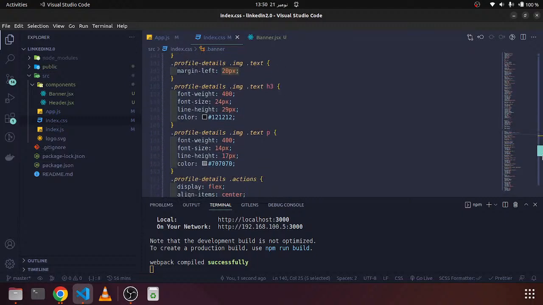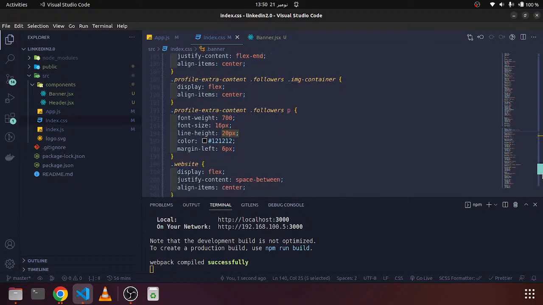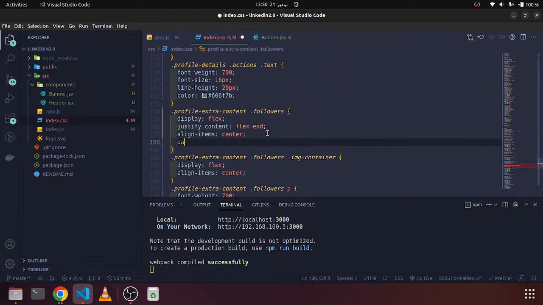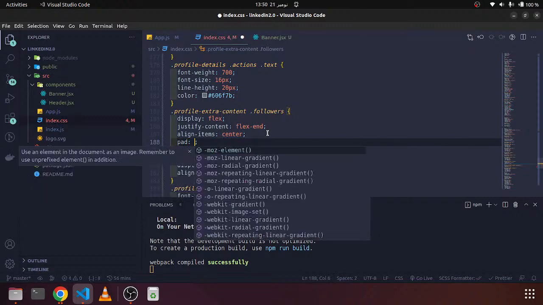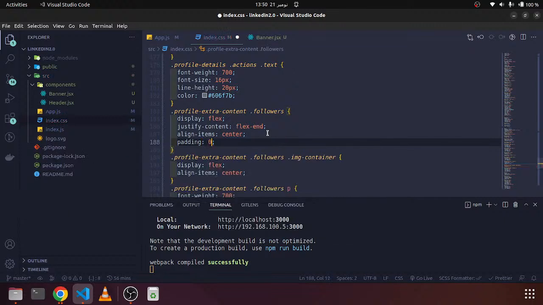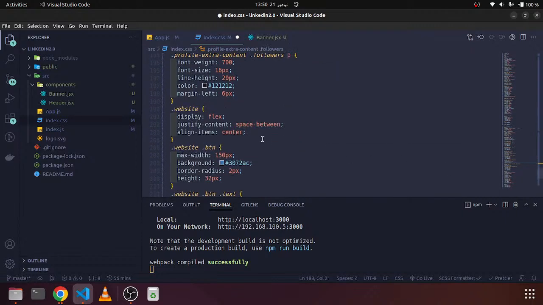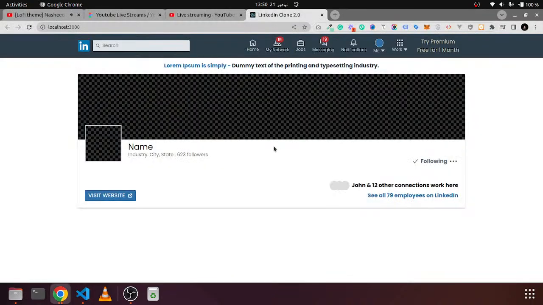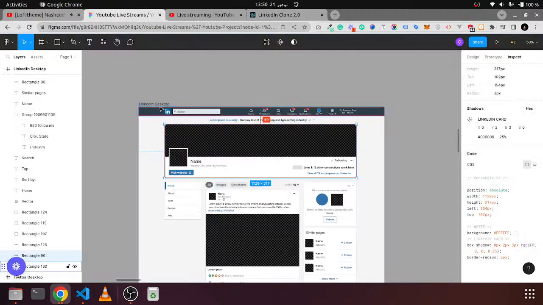Let's come to the followers. They should have padding 0 pixel and 20 pixel from left and right. Copy that, and same for website. Let's see. Yes, now it's okay. We are done with the banner as well. Now let's